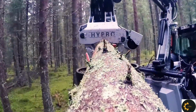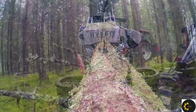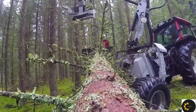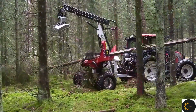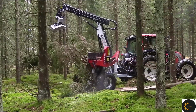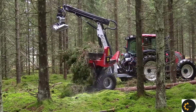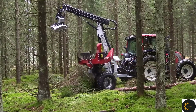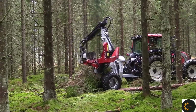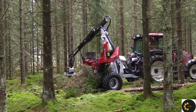The HYPRO 755HB wheel-carried tractor processor plus FG45 is a robust and specialized piece of equipment designed for forestry operations, particularly in the realm of mechanized logging. This combination of a processor head and a carrier tractor offers efficiency, power, and precision, catering to the demanding needs